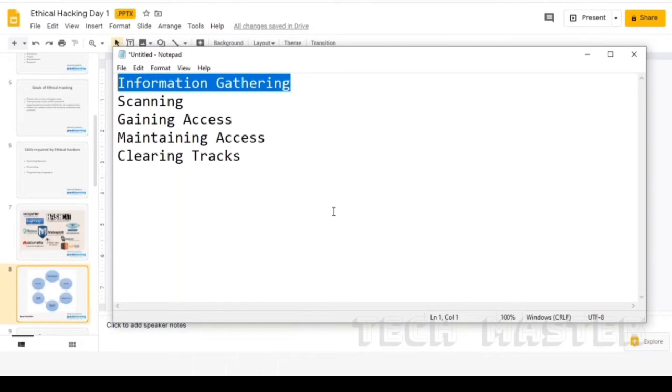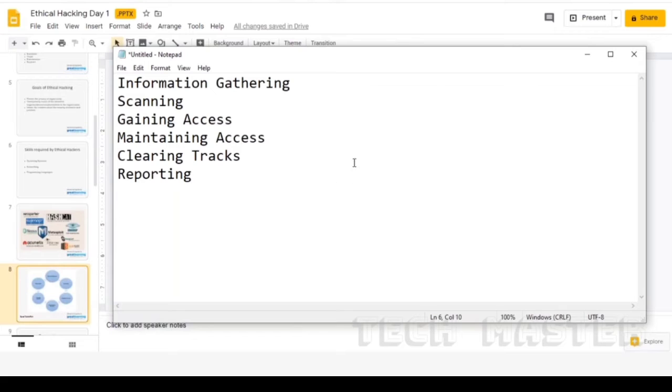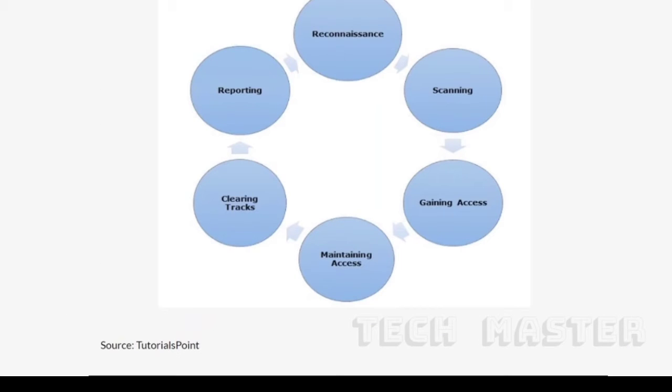And once you have done the exploitations, once you have carried out the hack, the last step is again clearing tracks. So you need to make sure that nobody is able to monitor your IP address or see from where you have entered and how you have exited from the system. And under ethical hacking, after this, you will have one more step which will be related to reporting. So you will just report back to the organization that these are the vulnerabilities which you have, and that's how I have exploited these vulnerabilities, and these are some of the guidelines on how you are going to protect your system from the vulnerabilities. So that's just a basic outlook of how a complete hacking process works,